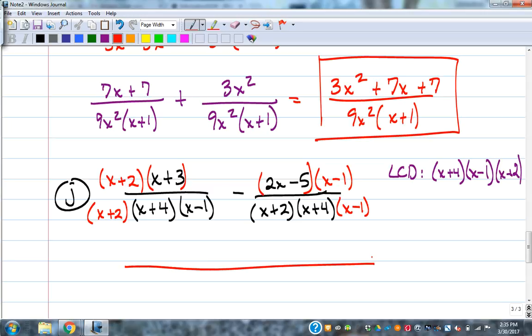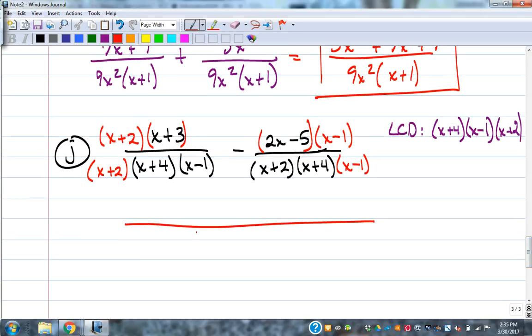To save myself a little writing here, once I start to get into denominators this large, I'll just write one big fraction and put x minus 1, x plus 2, x plus 4 down there, because they're the same on both of them. So I'm just going to write one big fraction. The first part, what do you do here? You multiply it out, right? It's the distributive property or FOIL method, whichever way you learned it. X times x, x times 3, 2 times x, 2 times 3. So that's x squared plus 5x plus 6